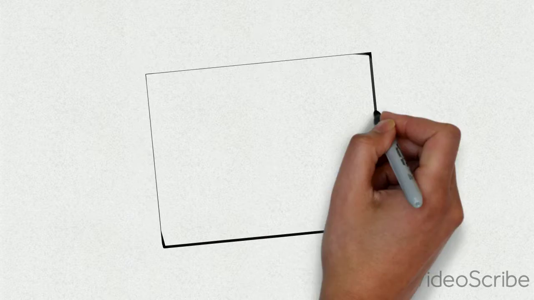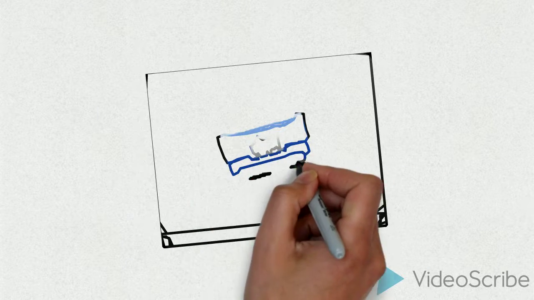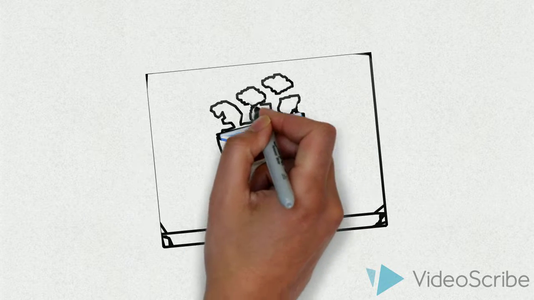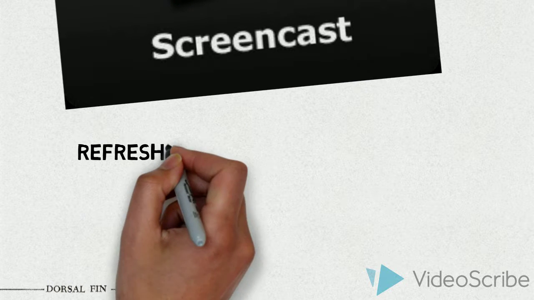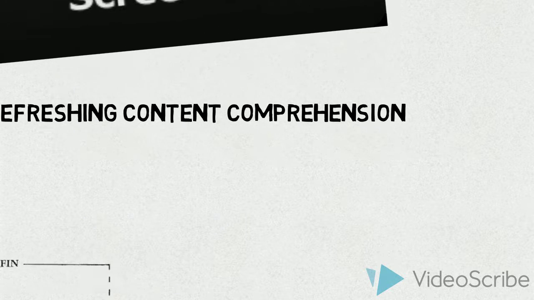Another example of a pre-activity is a short screencast of the summary of the lesson learned previously. This activity activates student prior knowledge, helping students recall and think about what they have learned previously, and bridges students into the current lesson. For ELL learners, this is especially helpful as it refreshes content and helps student comprehension by